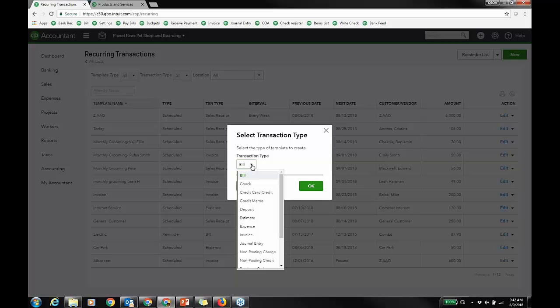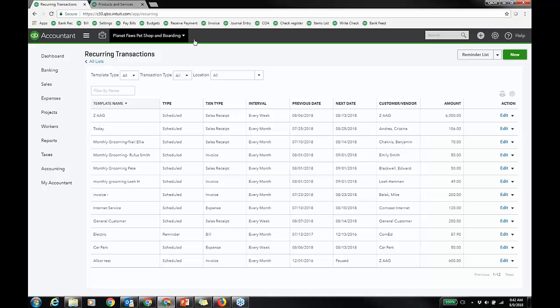Paycheck and bill payment. That's not recurring transactionable. But all the rest are. You set up recurring transactions. Now, let me dive into,